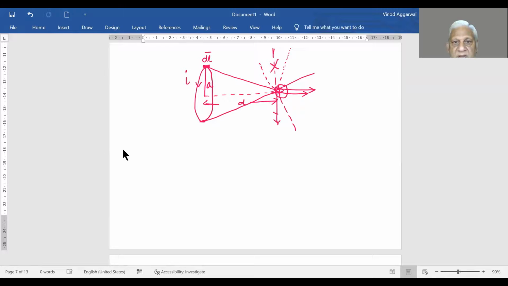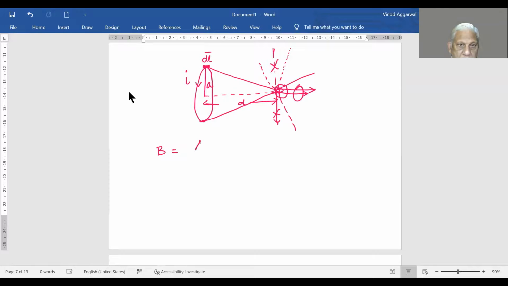These two will cancel out each other, while these two components will add up. And if we do this integration, since they are symmetrical, the horizontal component because of both sections will be the same, and the vertical components will cancel out each other. And if we integrate the whole thing over the loop, then what we get is an expression